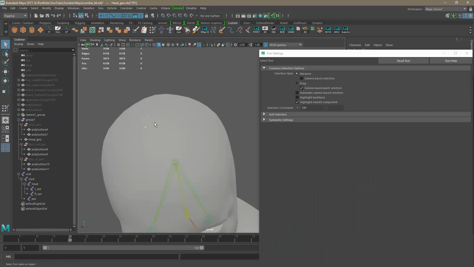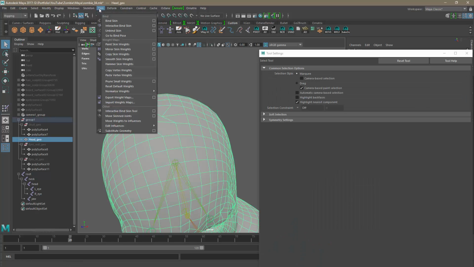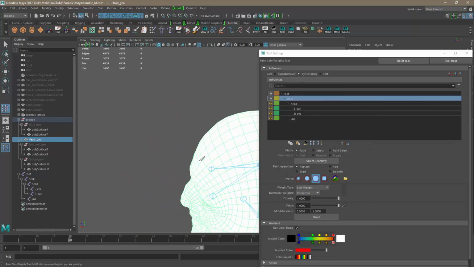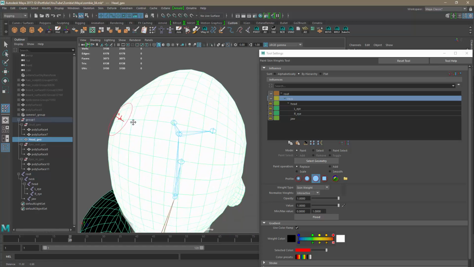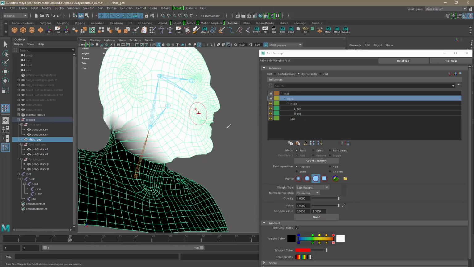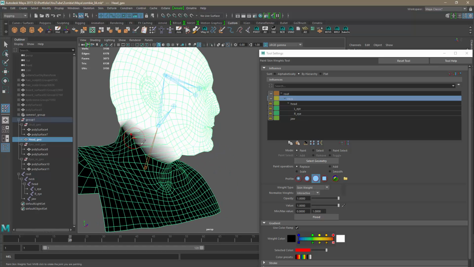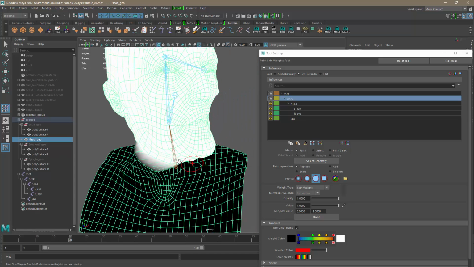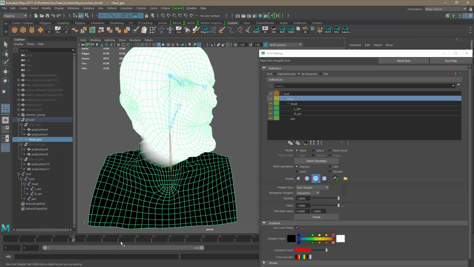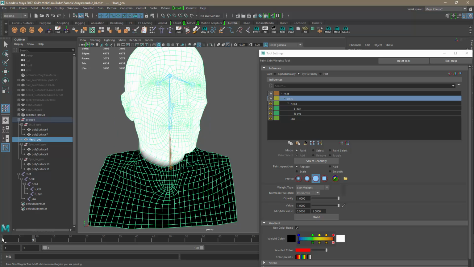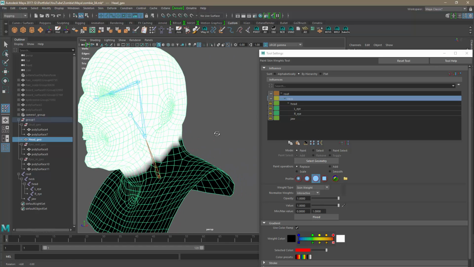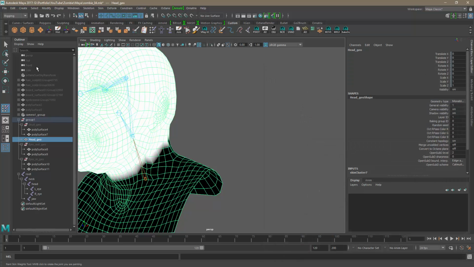I'm gonna remove the selection there. Paint skin weights, and here we go. Alright. So now we need to do something about this distortion. So we could go in and paint this, smooth it out, this area, or what we can do, we can just